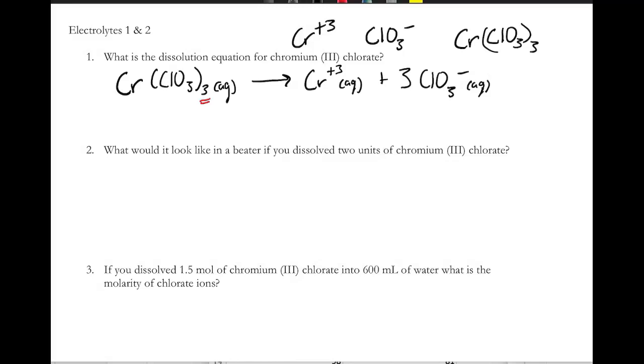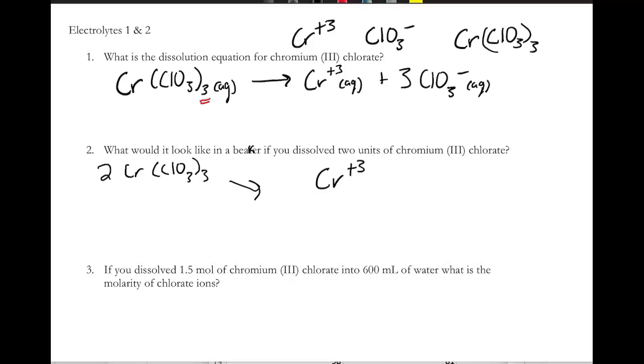So the next question says, what would it look like? Oh, it's supposed to say beaker. It says beaker. We know it means beaker. What would it look like in a beaker if you dissolve 2 units of chromium 3 chlorate? So this is really sort of thinking about what is going on in a dissolution. So if I had 2 units of chromium chlorate and I broke those apart, in my beaker